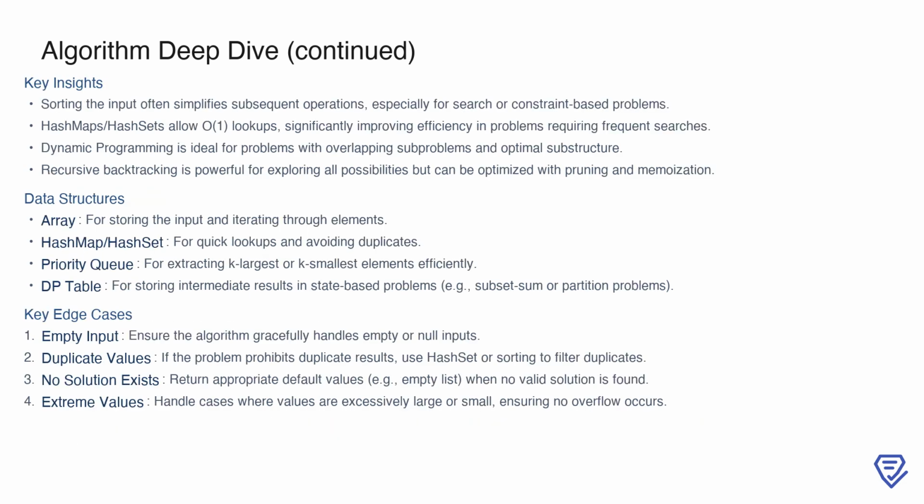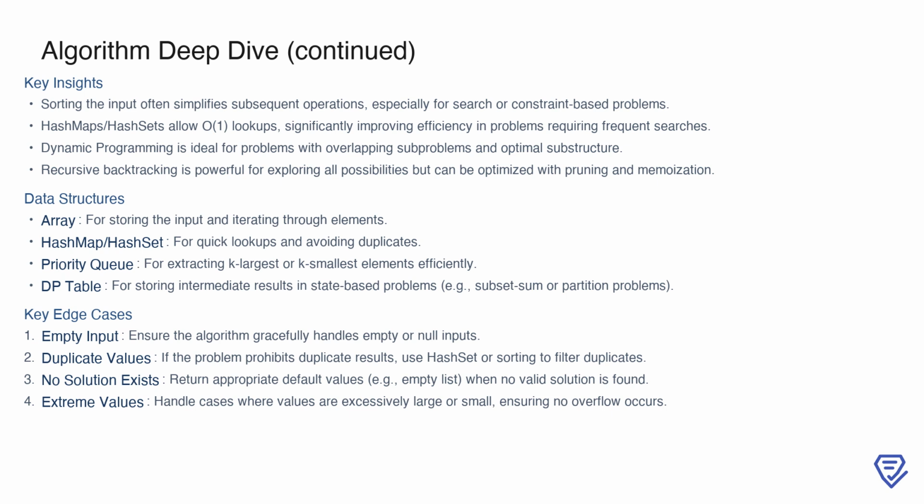To develop a deeper understanding, let's consider some key insights. Sorting the input simplifies many operations, particularly for problems that involve searching or applying constraints. Hash maps and hash sets are invaluable for their O(1) lookups, enabling rapid searches in problems that require frequent checks. When a problem exhibits overlapping subproblems and optimal substructure, dynamic programming is often the best approach. Recursive backtracking is powerful for systematically exploring all possibilities, but combining it with pruning techniques and memoization can greatly enhance